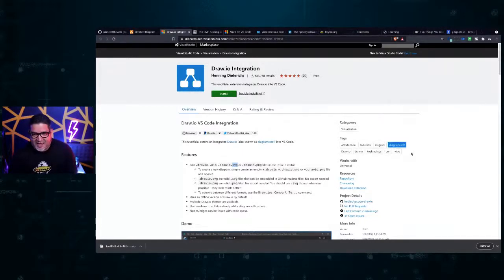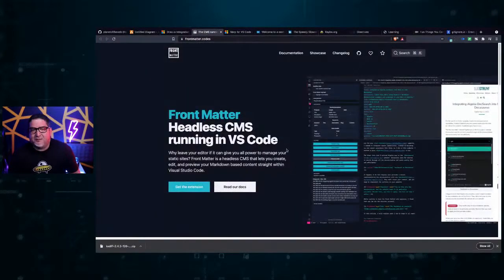All right, let's take a look at another pretty interesting tool that I found. And this one's going to be something called Front Matter. Front Matter is a CMS, or content management system, but it's not specific to any particular platform. It isn't like a WordPress CMS where you have to use WordPress in order to use it. You can install this, and I'm using 11ty for my blog, but you can use it with something like Hugo, Hexo, Jekyll, Next, Gatsby, and just about any other one. Essentially, it lets you manage the files in your blog, and it gives you a few